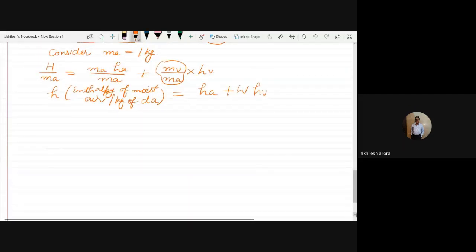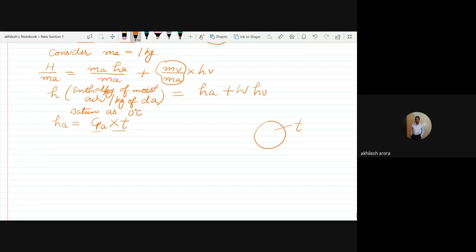अब हम दो चीज़ें लेते हैं. सबसे पहले हम लेट अस टेक HA. सो HA विल बी इक्वल टू स्पेसिफिक हीट ऑफ एयर इनटू ड्राई बल्ब टेम्परेचर. देखो एयर का जो मैंने सैंपल कंसीडर किया है, इसका टेम्परेचर है T, जो कि ड्राई बल्ब टेम्परेचर है. तो अगर एयर है तो हमने उसकी स्पेसिफिक हीट को T से मल्टीप्लाई कर दिया. और एक और चीज़, I am taking datum as 0 degree Celsius. So T minus 0 will be here.